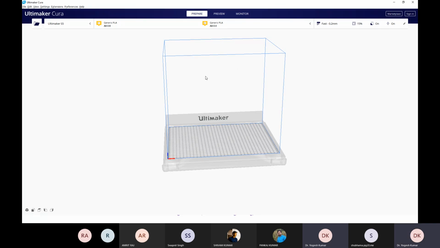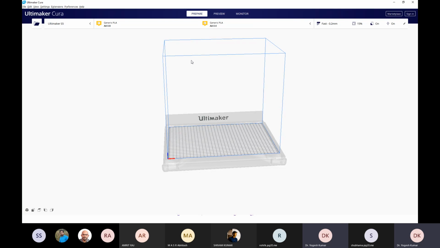If you are seeing this screen, you can see that till now we have two files. We have STL files and we have G code files. In this Cura software, you may use any of these two files.